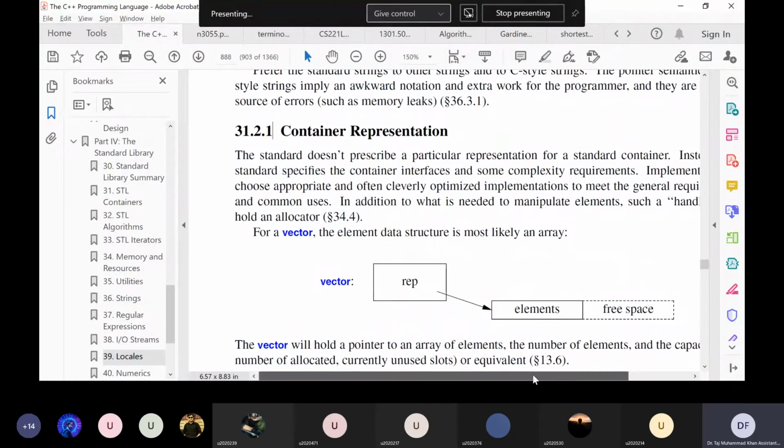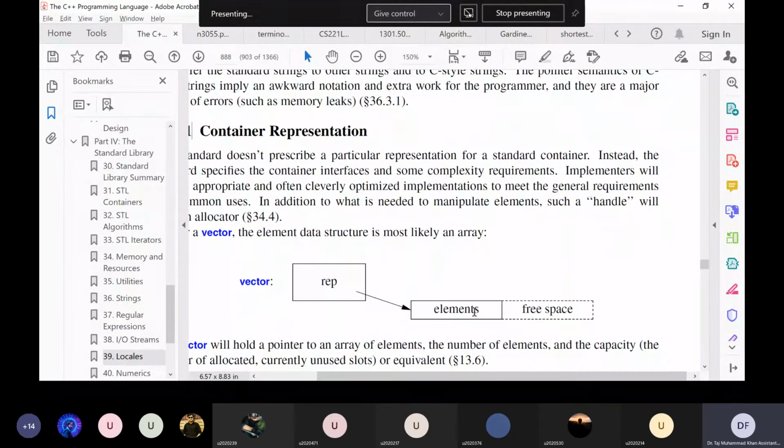This vector, as we said, shrinks and expands based on the number of elements we add to it. Internally, it dynamically allocates memory on the heap where it will store all these elements. It has a pointer stored internally, pointing to the memory it has allocated on the heap to store our elements. But the thing is, dynamic memory allocation on the heap is relatively slow. So it is not going to shrink and expand every time we add one element. That would make our program very inefficient because every time it would have to allocate new memory on the heap, which is costly.